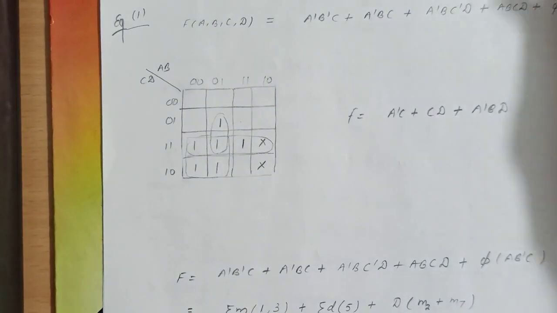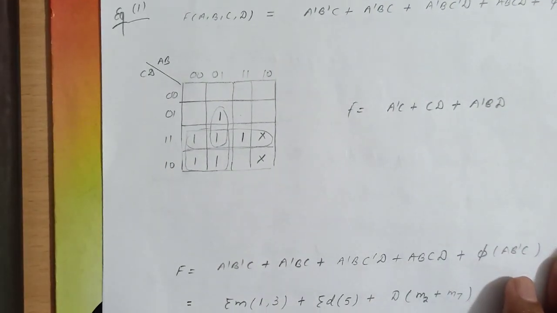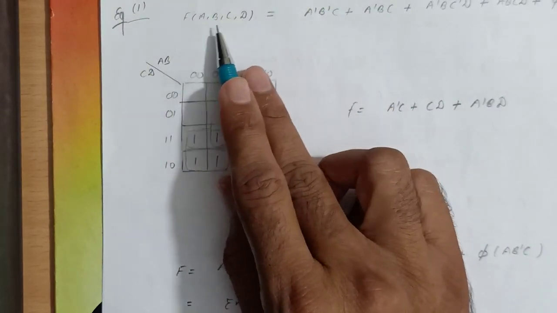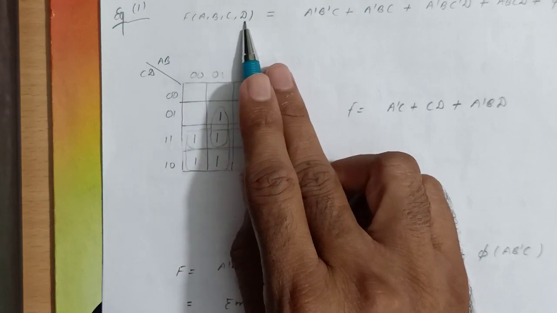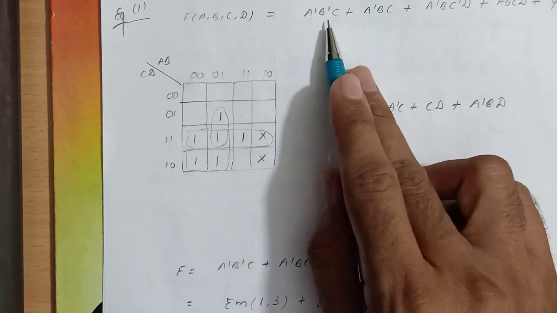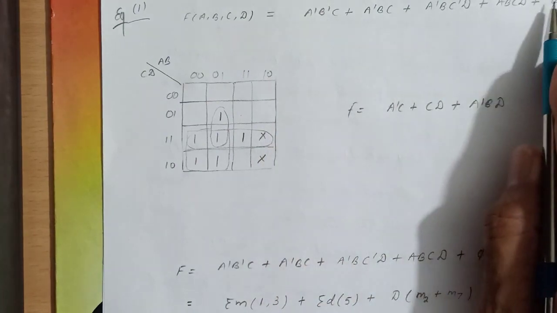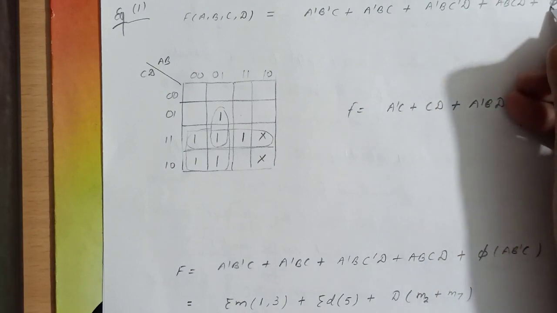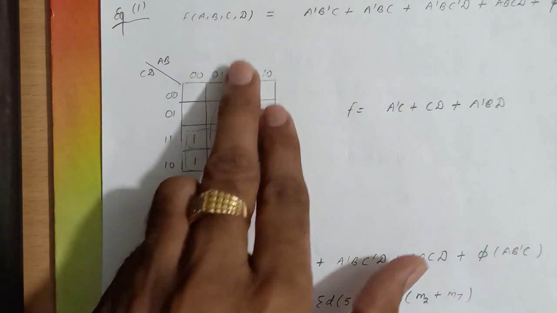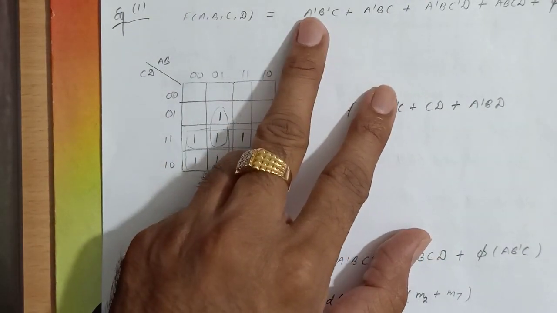So we will discuss this variable entered method, VEM method, with the help of some example. Okay, so just suppose this is your given function, a dash b dash c. F is a function of 4 variables here, and it is written like this in Boolean expression form, a dash b dash c plus, like this. Okay, so this phi represents the term corresponding to the don't care condition. Do remember, so this is a 4 variable function.